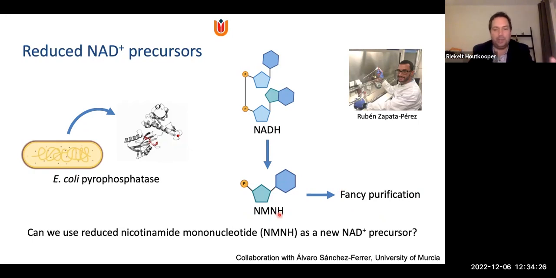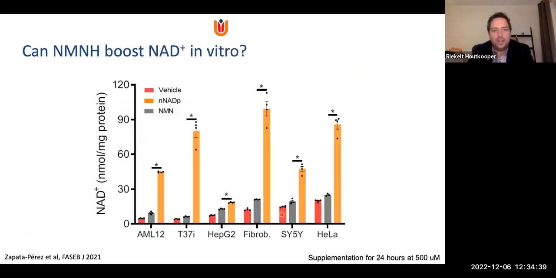So we knew NMN, nicotinamide mononucleotide, as a precursor for NAD. We already knew it for about 10 years. And now NMNH is a new kid on the block. And can that one also increase NAD? And so this was basically the first graph that he showed me after going into the lab,